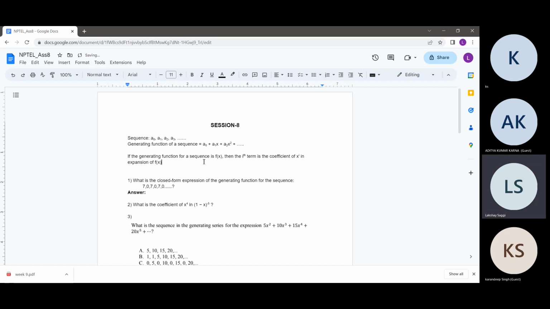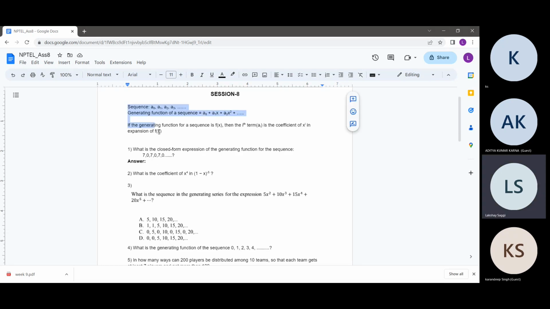Generating function only shows the coefficients: as the coefficient of x to the power i, it shows the a_i term of the sequence. So we will put this as a_i also. I hope the relation between a generating function and a sequence is clear, even though you have studied it in lectures also. So if we are done with this reminder, now I guess we can proceed